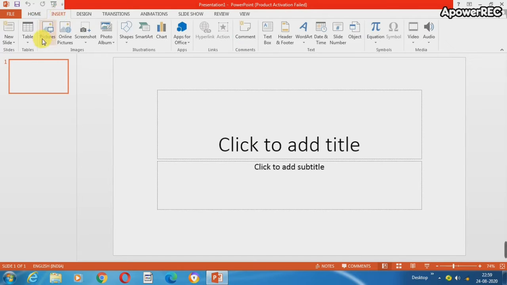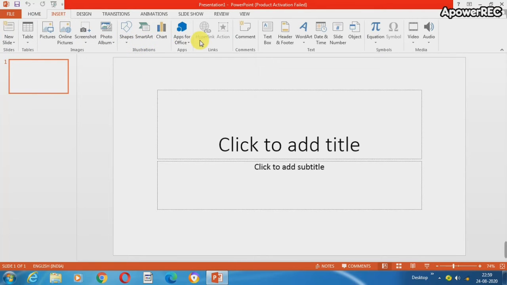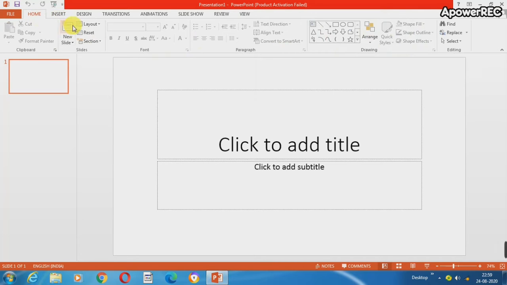Now this is the insert tab. With the insert tab you can insert a picture in your slide. You can take a new slide also. You can select picture, shape, illustration group. You can insert SmartArt, chart, and so many features. There is a WordArt feature also. You can insert video and audio in your presentation also. So children, let's learn about the home tab.